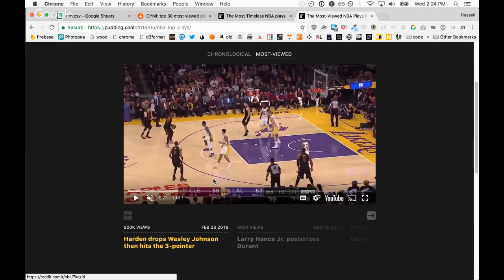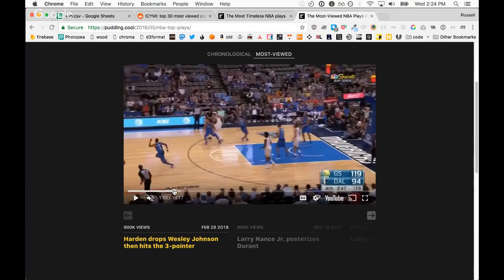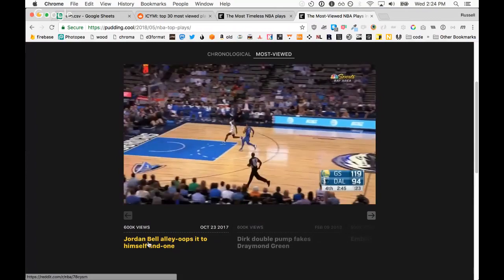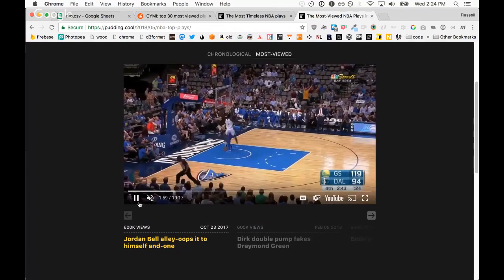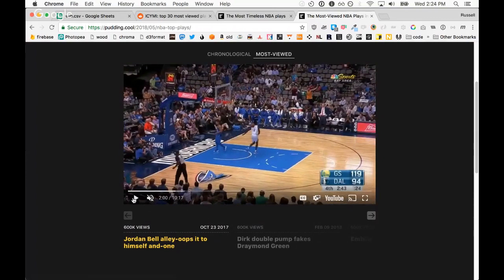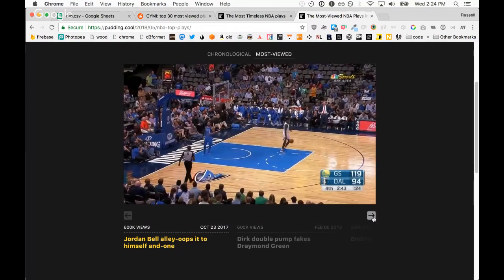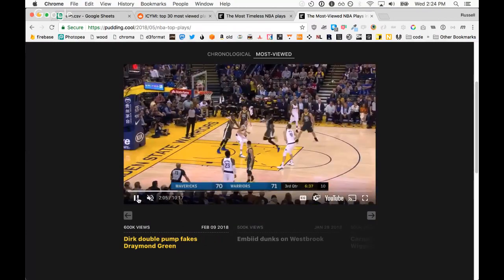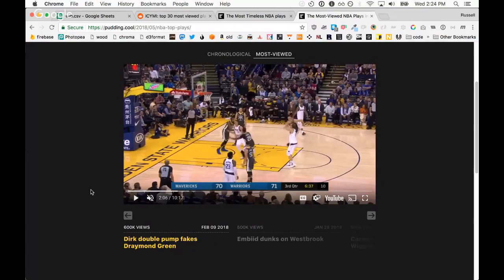So it works vice versa: you can jump ahead on the video and it'll jump ahead down on the plays. And likewise, if you change a play down here when it's playing, it will jump ahead the video. So that was just a little bit of coercing, but it wasn't too much of a problem.